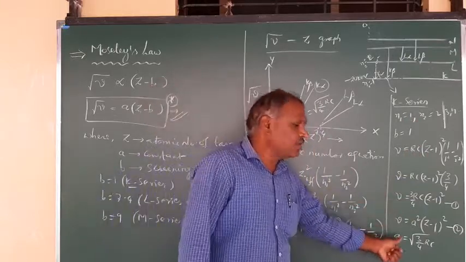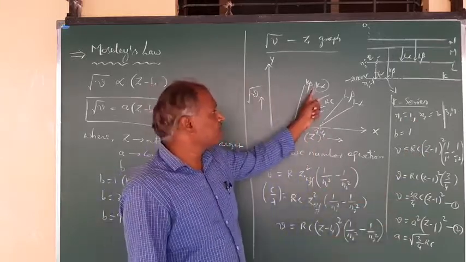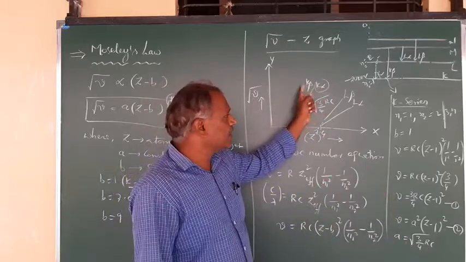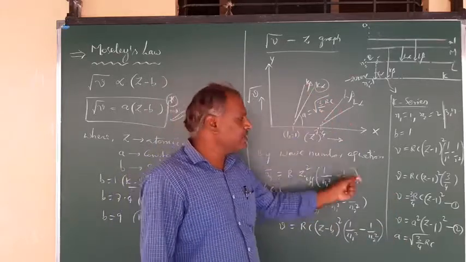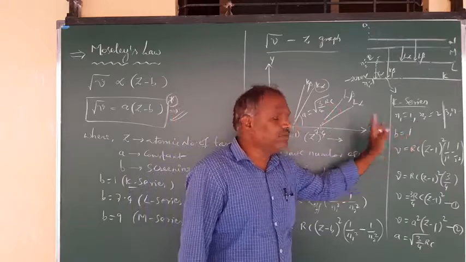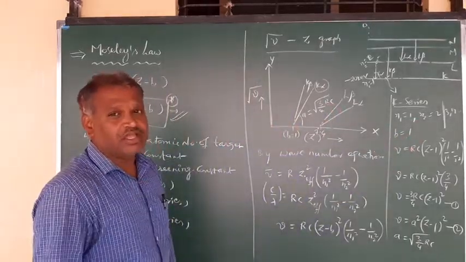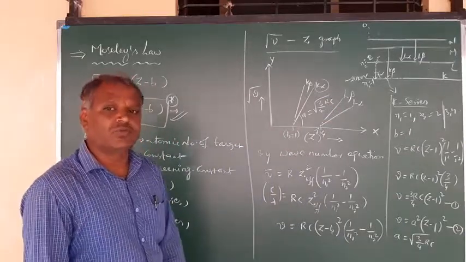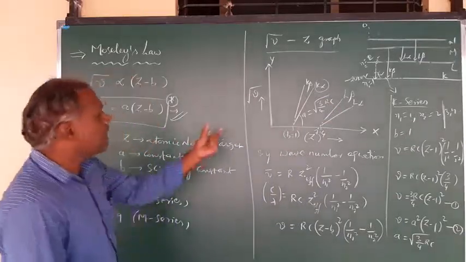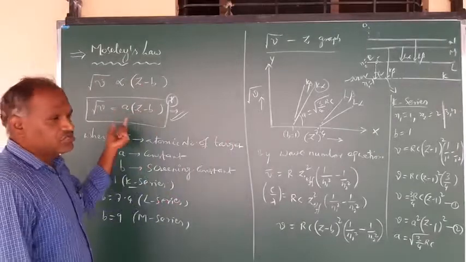There we can find out the slope acquired for the respective line, K alpha line or K beta line or L alpha line or L beta line. It depends upon the substitution of the N1, N2 and B values into Moseley's formula and comparing with the wave number equation. There you can get that slope value, right? So this is just the application part related to Moseley's law.